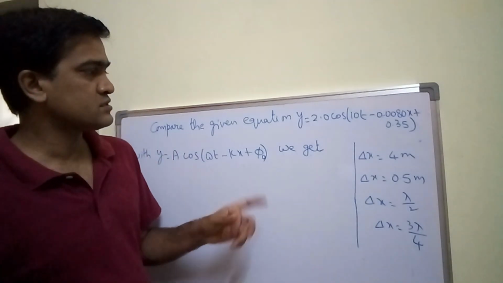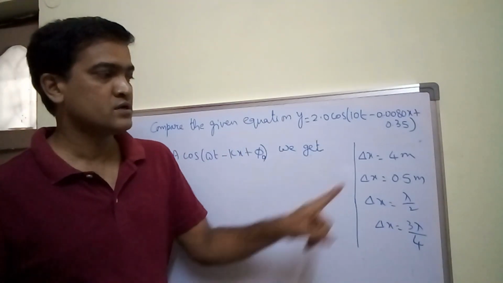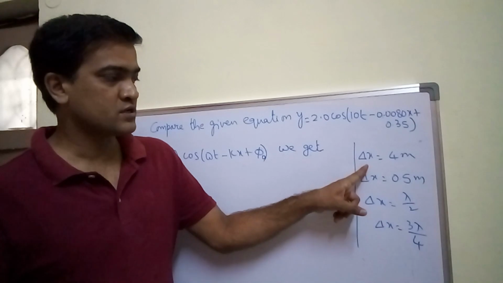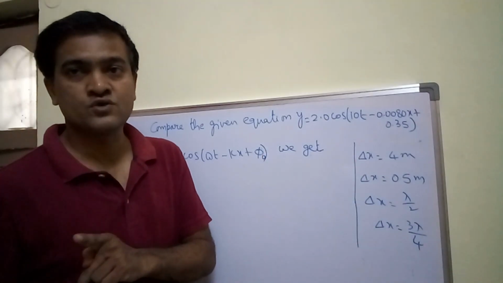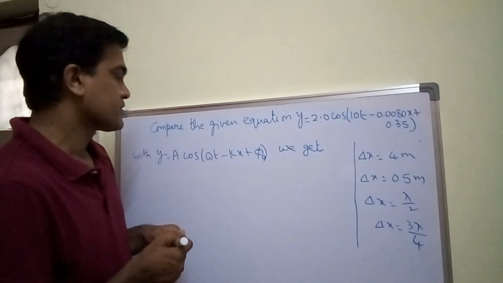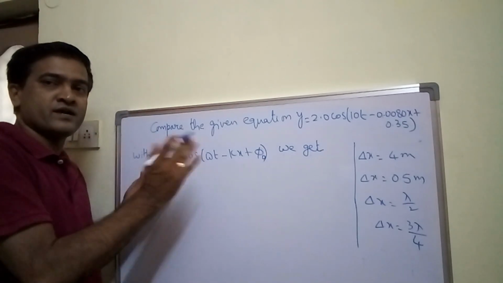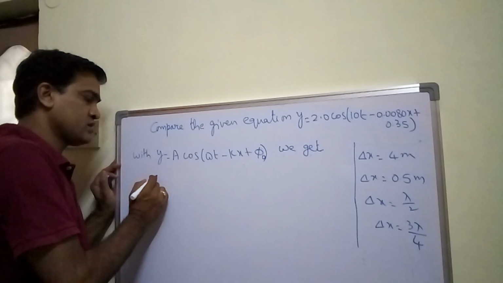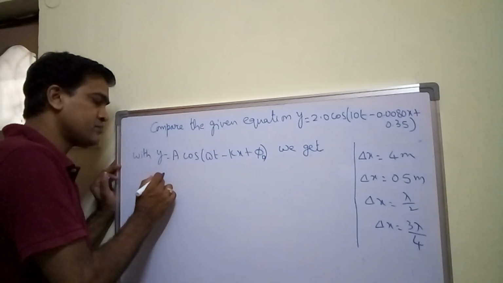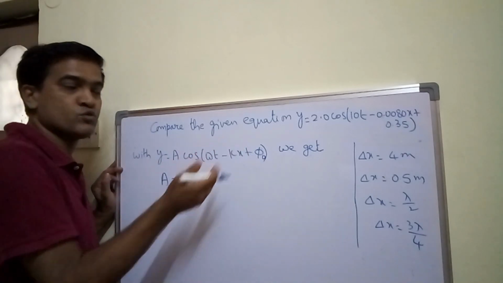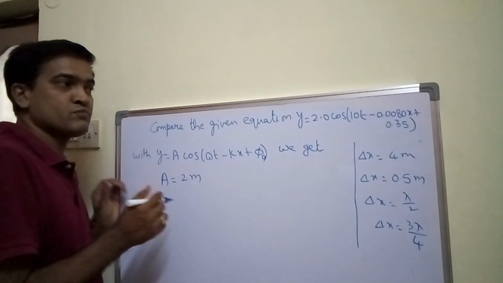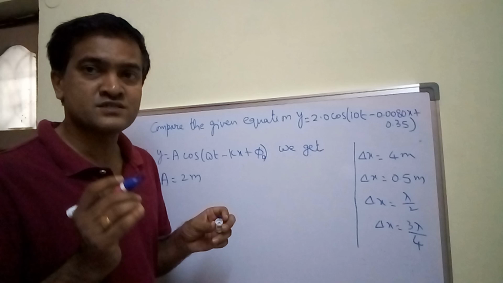So in this question he is not asking about amplitude, he is asking only about the phase difference for these path differences. So as you know very well, anyways I'll write all the terms. So here when you compare, what you get, amplitude A is equal to 2 meters, or you can say 2.0 meter. And one more thing, in the given problem he has expressed